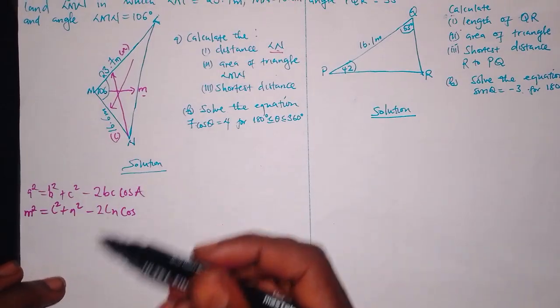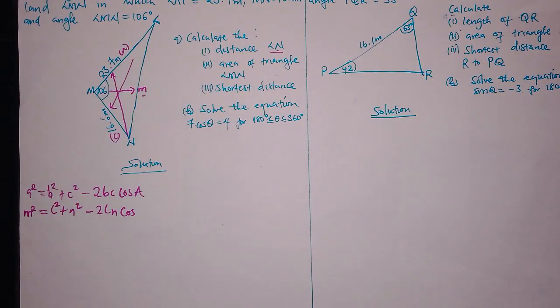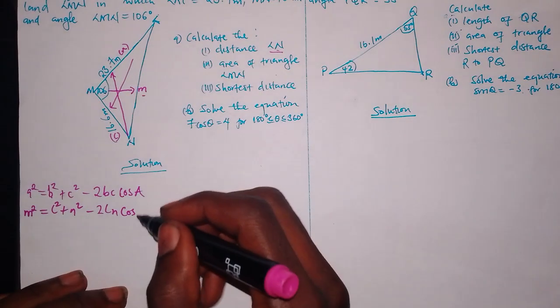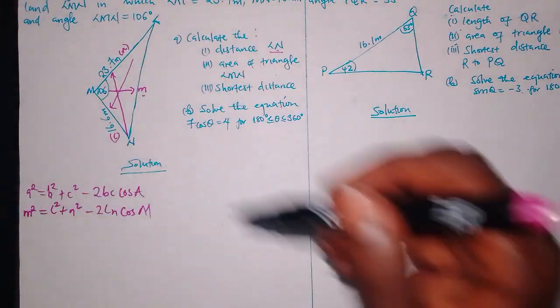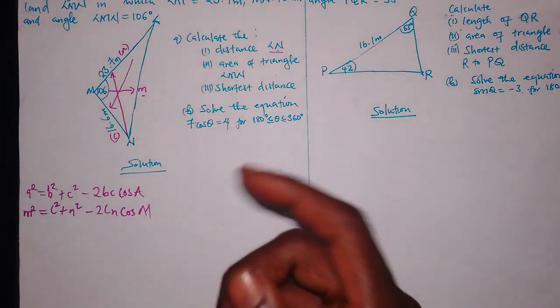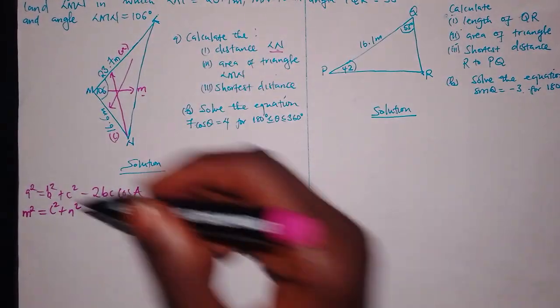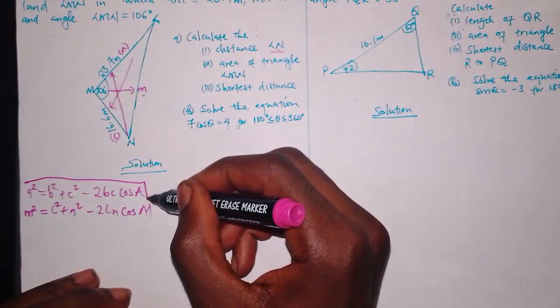Then cos, we put the angle which is opposite to the side we are calculating. So in our case, we are calculating M. So meaning our cos or our angle which we use will be M. Yeah. So this is how you can rewrite the formula,